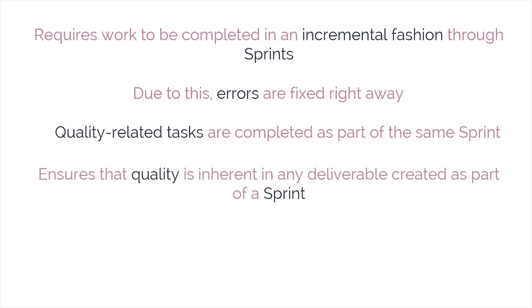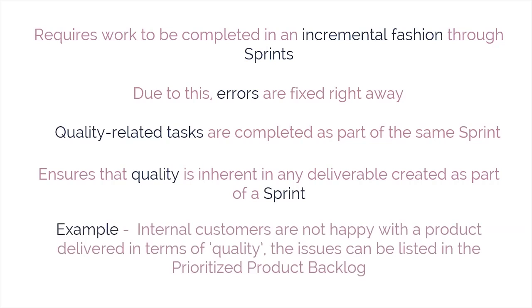This ensures that quality is inherent in any deliverable created as part of a sprint. Such deliverables from Scrum projects, which are potentially shippable, are also referred to as done. For example, if internal customers are not happy with a product delivered in terms of quality, the issues can be listed in the prioritized product backlog. These kinds of issues will be addressed during the sprints, and the team will try to fix them so that quality is not compromised. Thus, continuous improvement with repetitive testing optimizes the probability of achieving the expected quality levels in